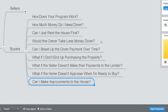Okay, so last one here, can I make improvements to the house? And I let the tenant buyer know that as long as it's in writing and approved by the owner, if it's a lease option, then they can make those improvements. We just wrapped one up yesterday where the tenant buyer is going to actually invest. I mean, it's a lease option. They put down